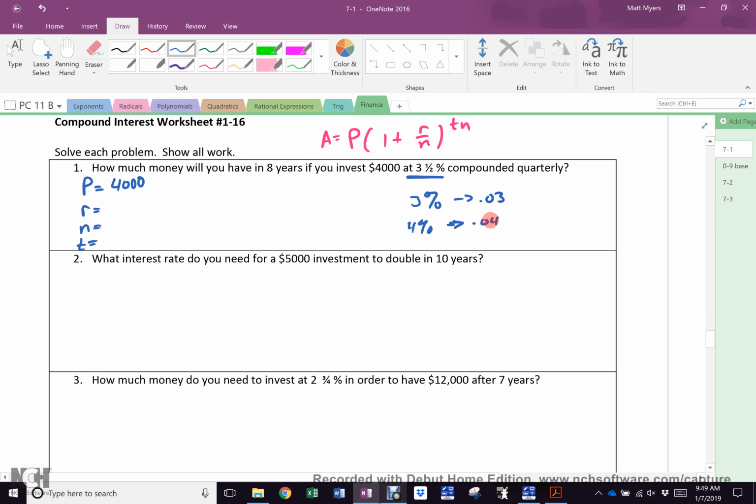So what is the decimal that we will be using? 0.035. A lot of students have a lot of trouble with that conversion. And I don't really know why. A lot of you put 0.35,